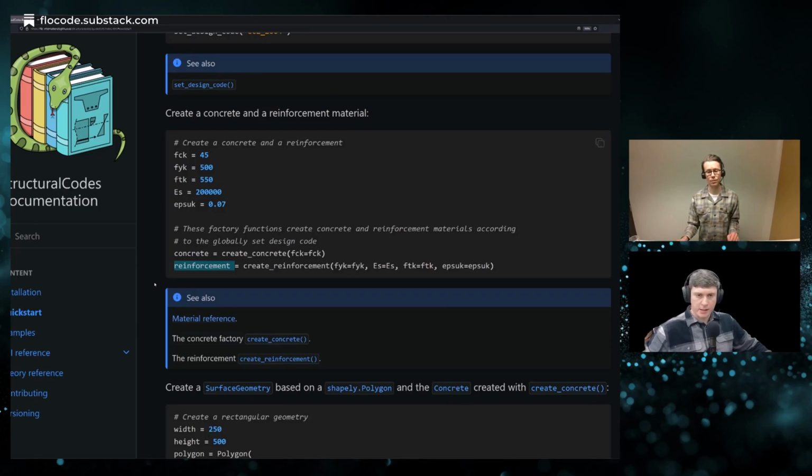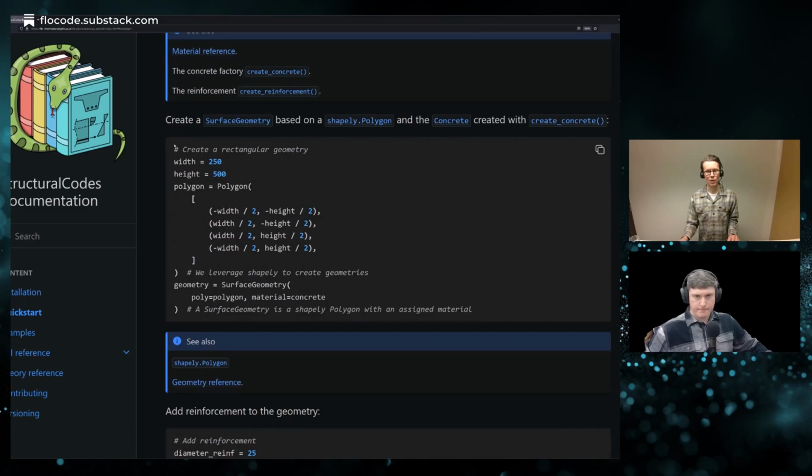What do you mean by constitutive laws? So that would be a relation between stresses and strains for a material. So for example, a linear elastic one, or a parabola rectangular one, or an elastic plastic one. So for everything tied to stress, strains, or deformation of a cross section. Yeah, you got it.